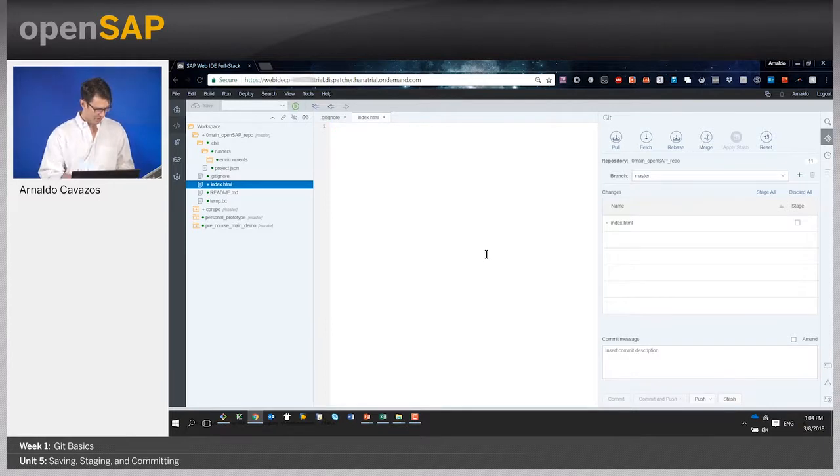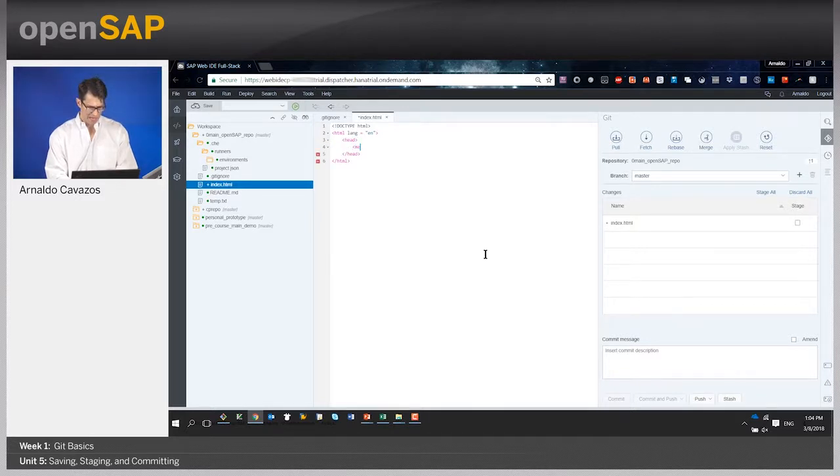You can follow along with what I'm doing, but I'll just do a very basic, pretty much blank HTML page. So doctype HTML and HTML lang equals "en",